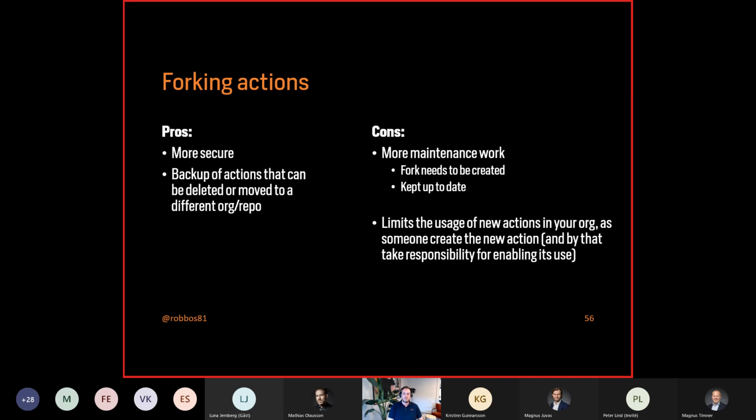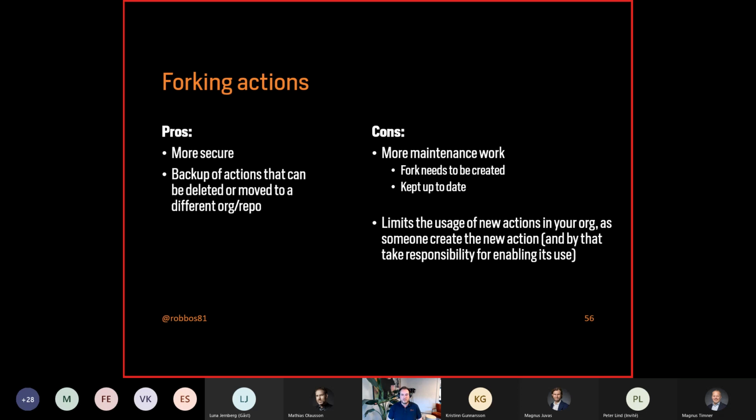Because if you're running that action to push into production, as any DevOps engineer would do, and the maintainer suddenly decides they no longer want to maintain it, and they transfer that repository over to a different entity, all of a sudden your action URL might not work anymore. Hopefully they still let it linger around, but things might happen there. Especially in the enterprise, you want to have the security that the things that are running and deploying into production today will also work tomorrow. So taking up the responsibility by forking it over has a positive side as well.